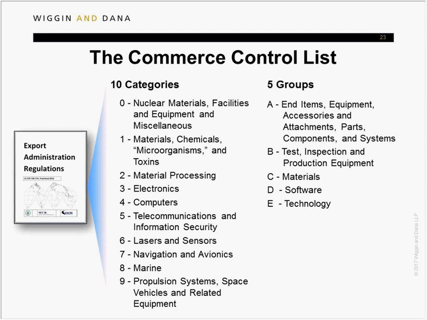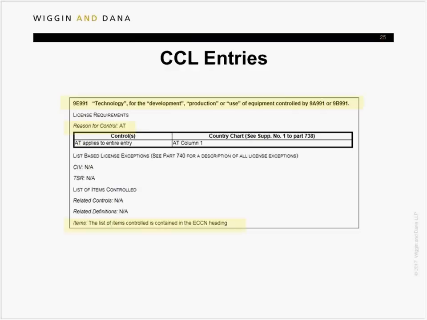Simple question, complicated answer, and that's just the EAR in a nutshell. Okay, so what do they look like, these CCL entries? Here's an example,